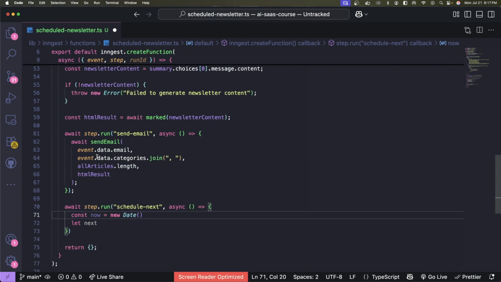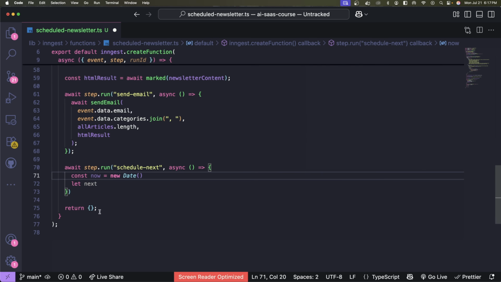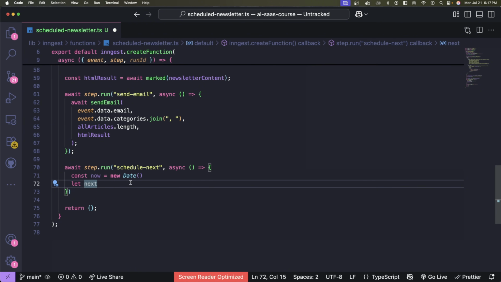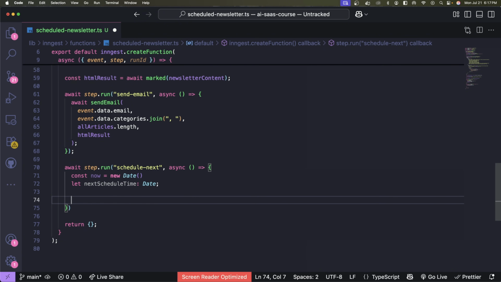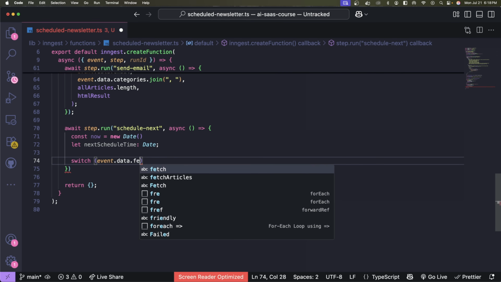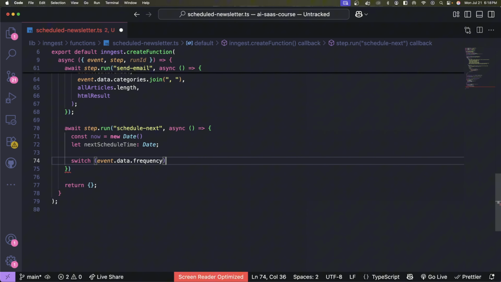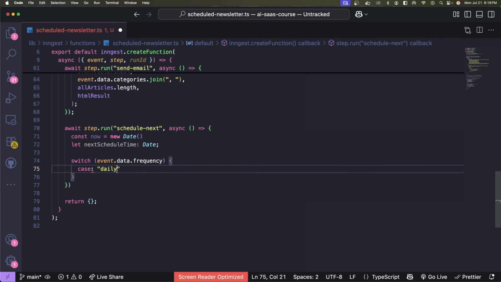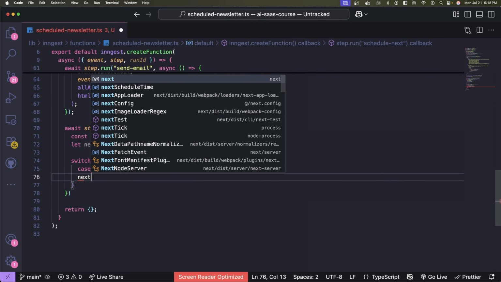And when I say my function, I mean the whole thing, including the schedule next step. So it's kind of recursive, right? We're scheduling the next time this own function is going to run again. So we're going to create a variable called nextScheduleTime, and it's going to be a Date. Then I want to actually create here a switch because there are possibilities for the frequency the user might have chosen. So I'm going to switch between the frequency options,